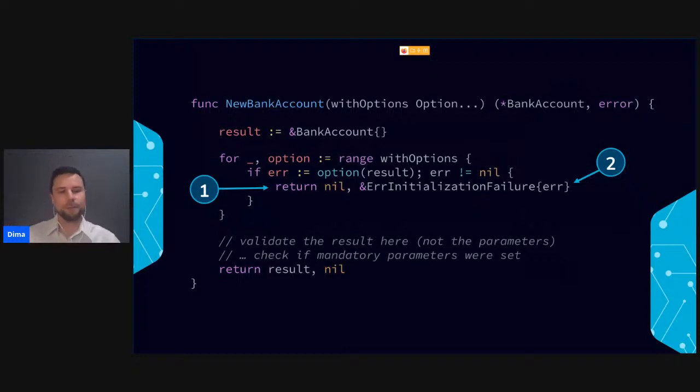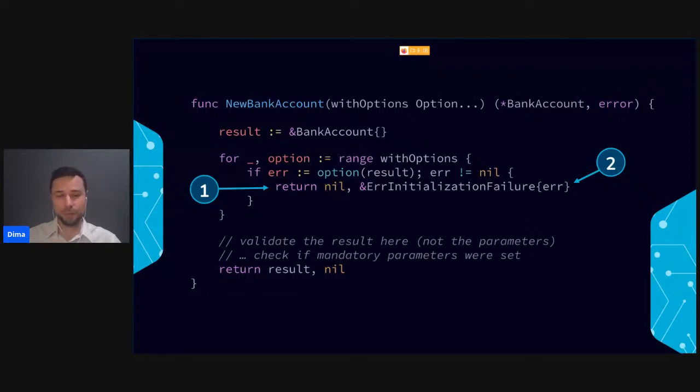OK, let's look at our constructor. What would that look like? We will take a constructor and call it new bank account, and it will take a list of options. And it will apply each of those options successively to our bank account and return the bank account and an error. Let's start with an empty bank account with nothing in it, and then we will iterate through every option